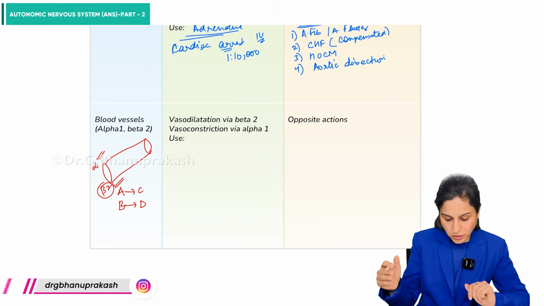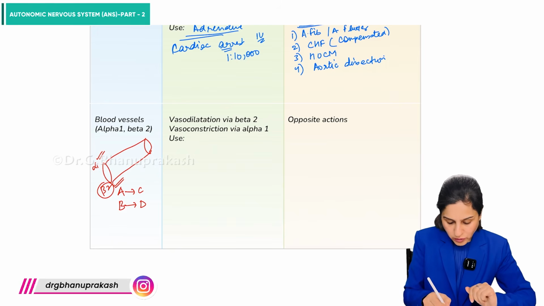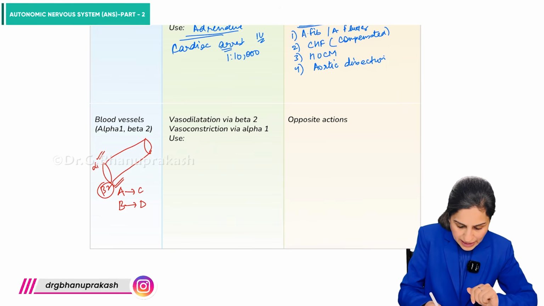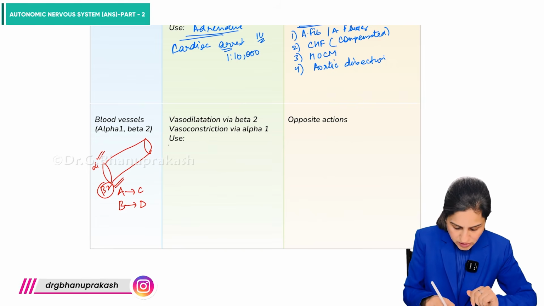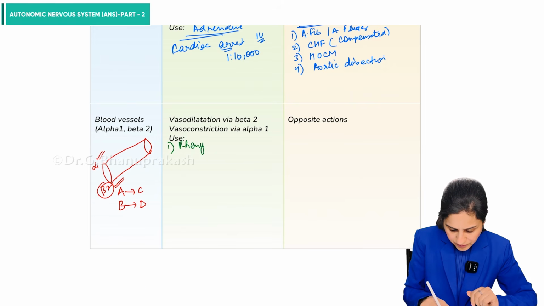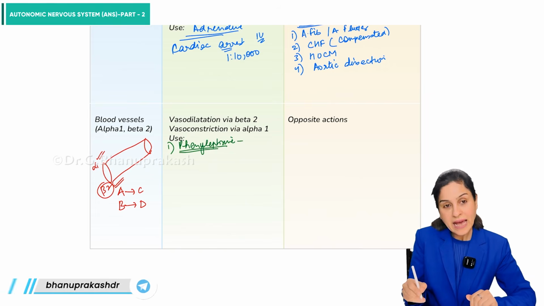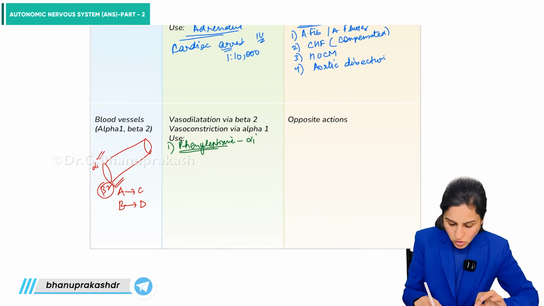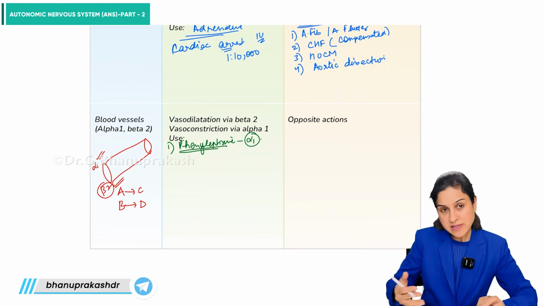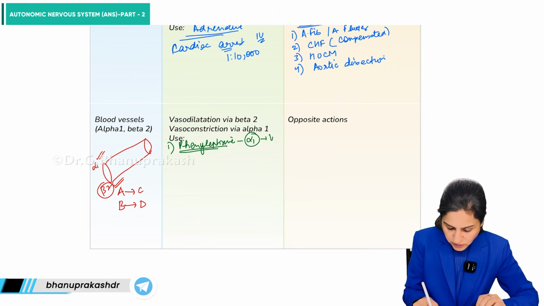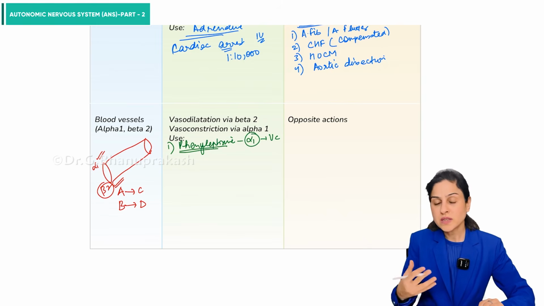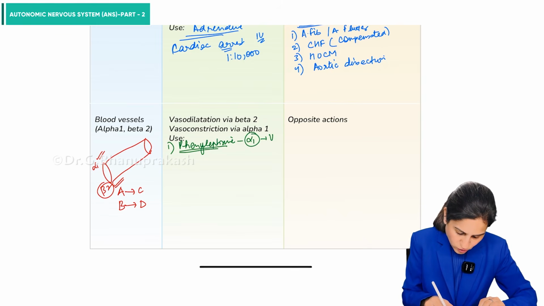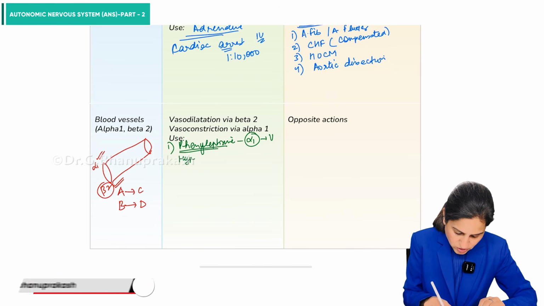Alright, so let's see the uses of this. Now, the first drug I want to tell you about is phenylephrine. Phenylephrine is a drug which only acts on the alpha 1 receptor. It has no beta action, yeah? So when alpha 1 is stimulated, there is going to be vasoconstriction. So where do you think we can use it? It is used in case of hypotension